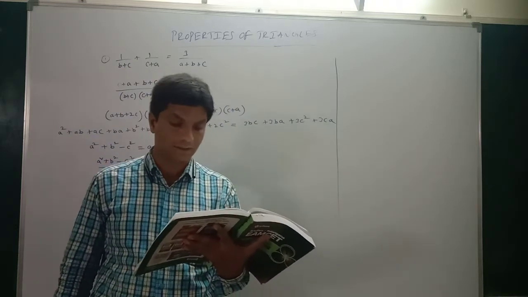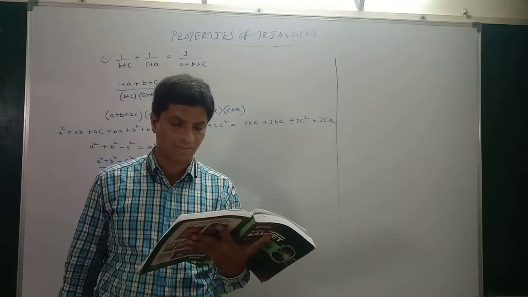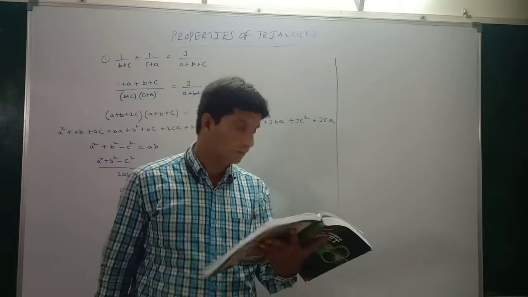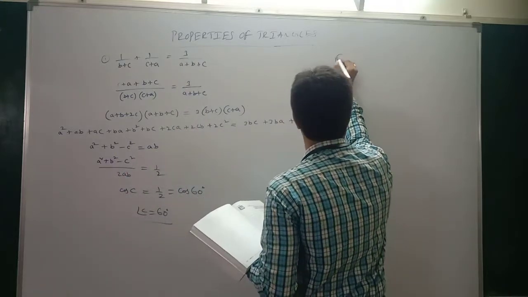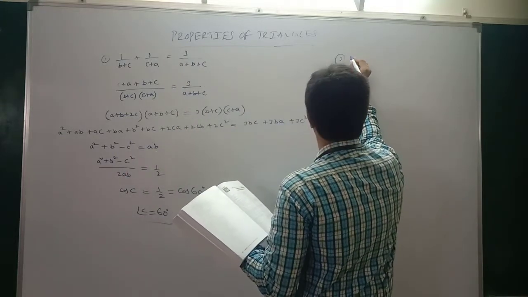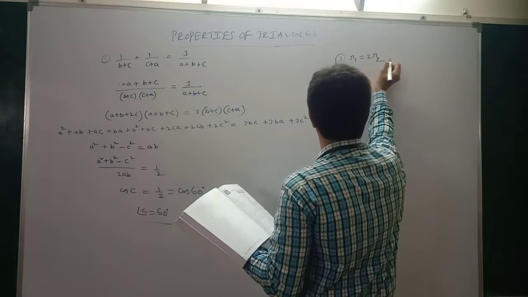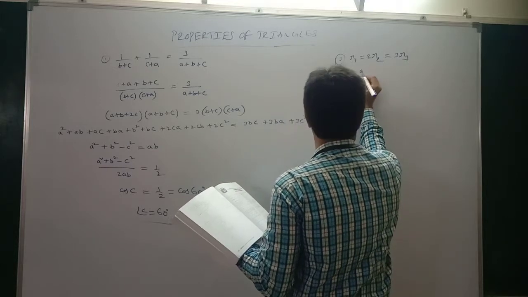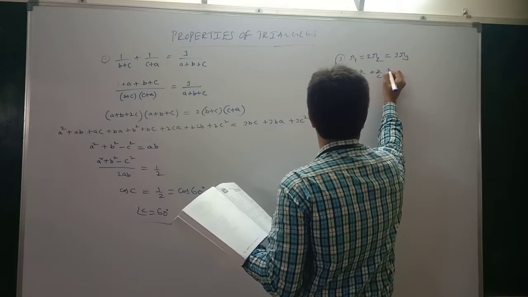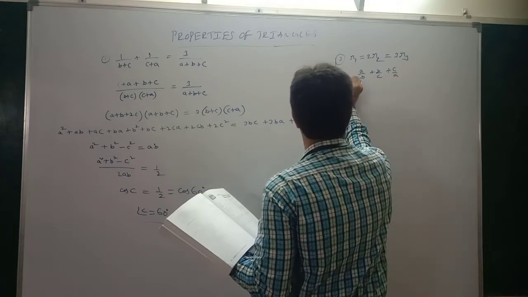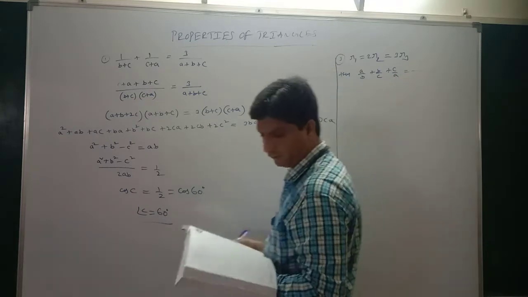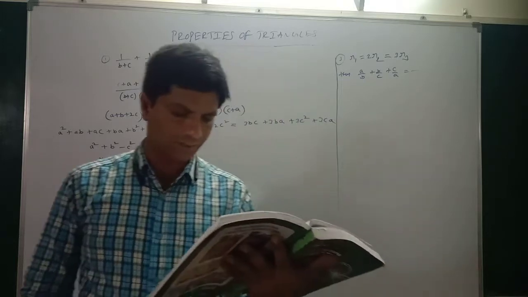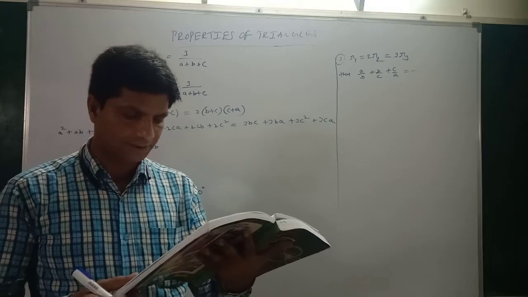Statement 1: B cos square C by 2 plus C cos square B by 2 is equal to, we know that, S. Statement 2 also we can do. Okay. So see problem number 3 given here. R1 equals 2R2 equals 3R3. Then we have to find the value of A by B plus B by C plus C by A. This value we have to find. The options are given in terms of 75 by 60, 150 by 60, 176 by 60 or 191 by 60.